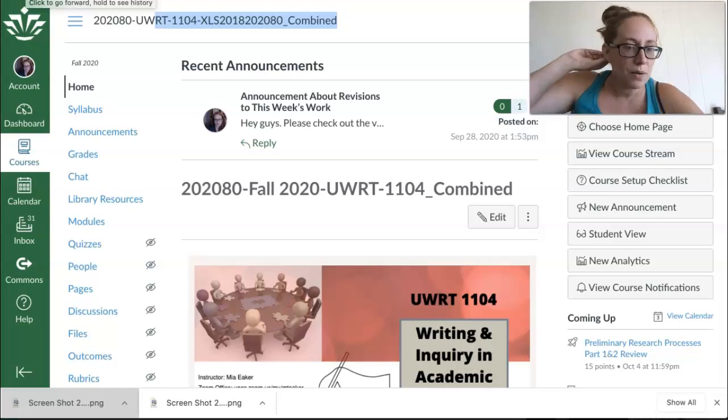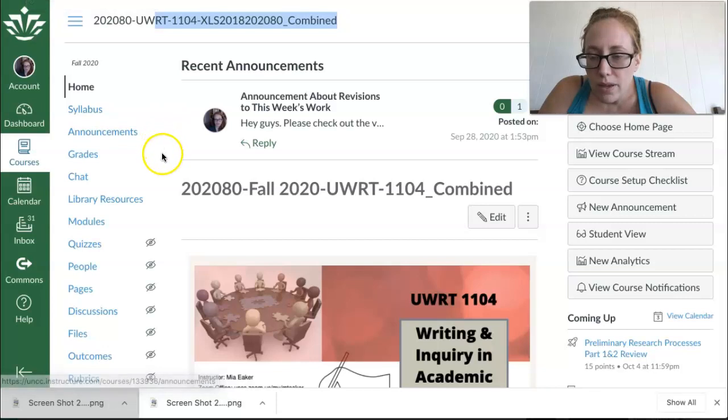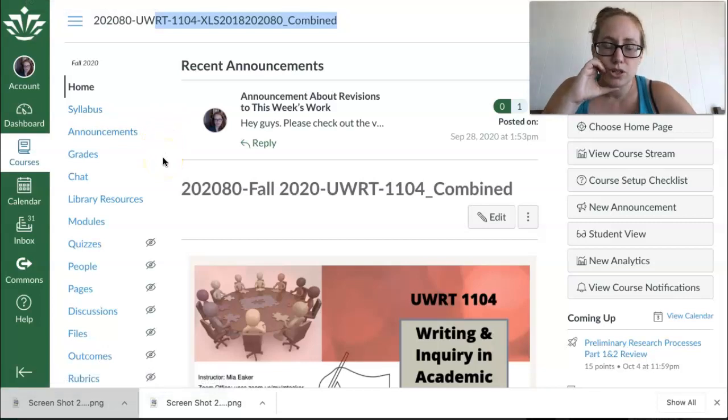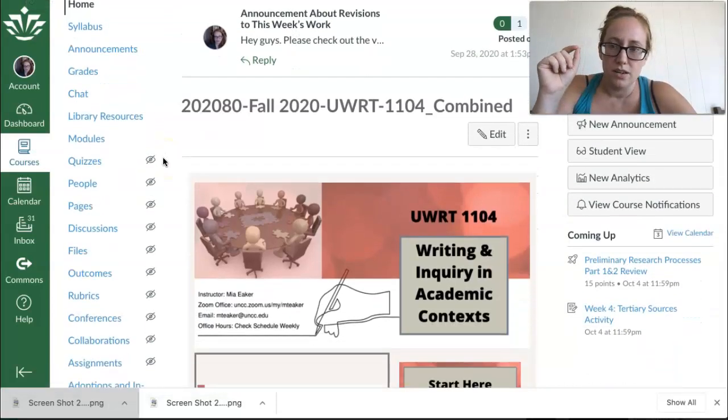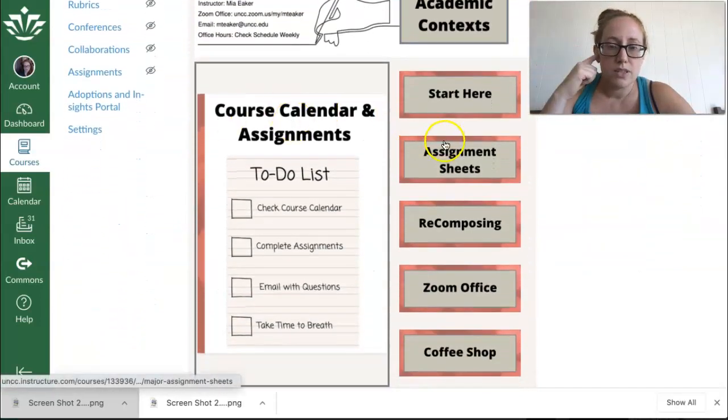Hey guys, so I'm going to go over your inquiry project. If you have not noticed, I'm going to show you two ways you can find it. The first way is from our Canvas homepage. If you click on this assignment sheets icon right here,